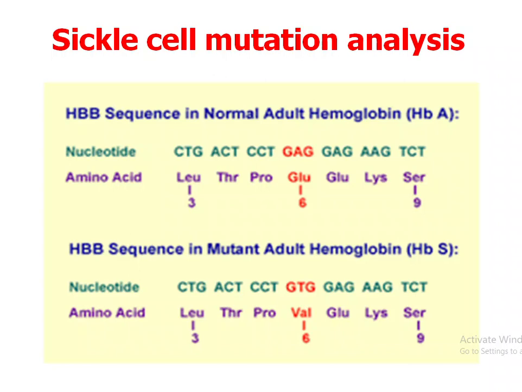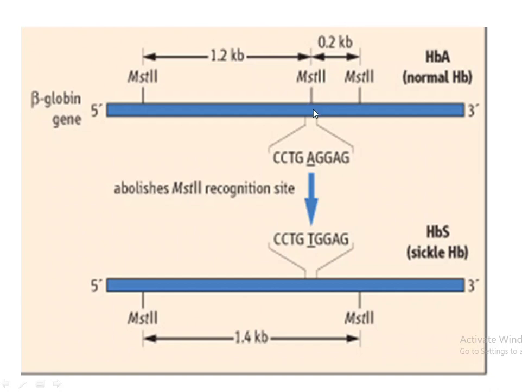Sickle cell anemia is caused by a point mutation, or single base substitution, in which normally the beta chain of hemoglobin at the 6th position contains the amino acid glutamic acid. However, in the individual suffering from sickle cell anemia, it is replaced by another amino acid, that is valine. This change in DNA will be seen as A replaced by T. This replacement of A by T abolishes one of the restriction sites of MST2,